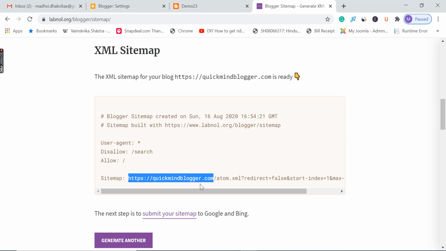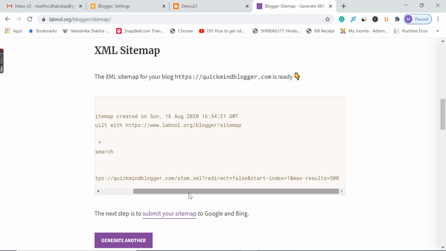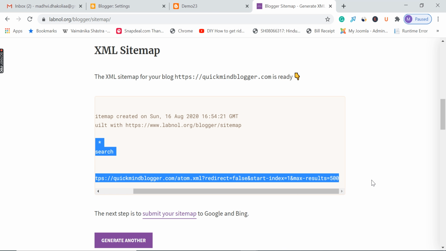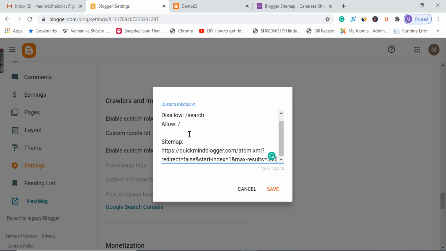You will replace the blog address with your blog address, okay, and select from user agent to sitemap, copy the entire content from user agent to sitemap and paste it under custom robots.txt and then click on save.